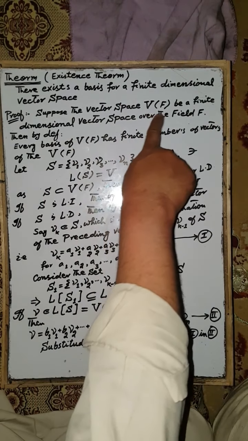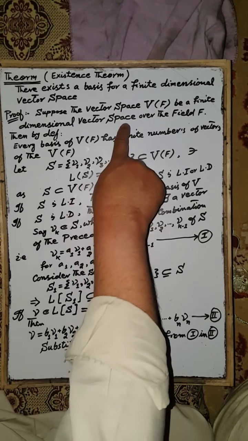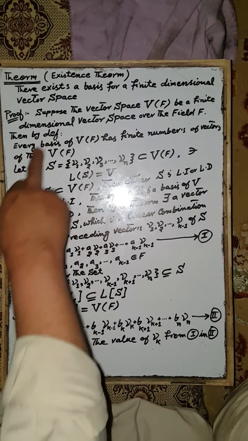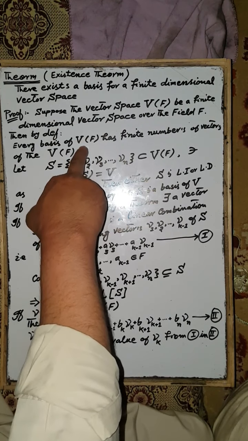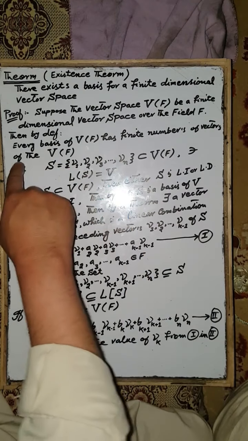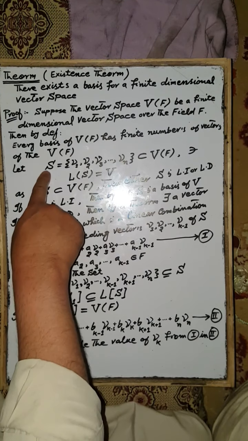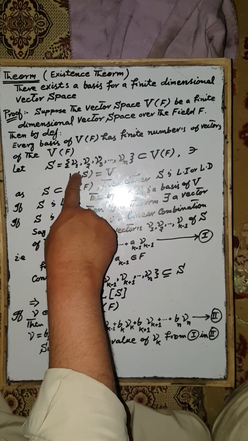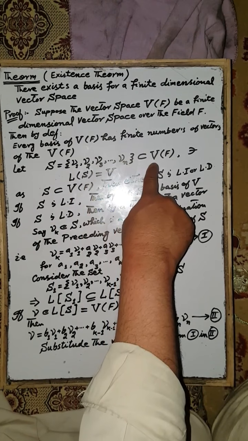Suppose that V is a finite dimensional vector space over the field F. Then by definition, every basis of the vector space V over the field F has a finite number of vectors. Let the set S consisting of elements v1, v2, v3 up to vn be a subset of the vector space V over the field F,